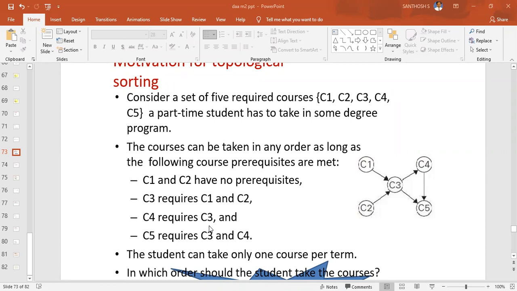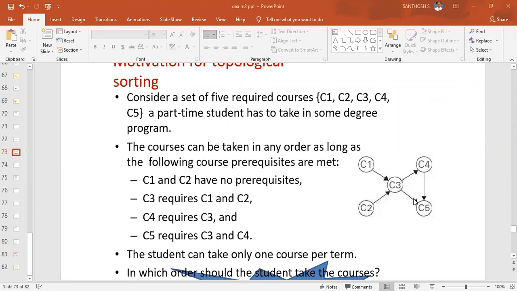Next, C4 requires C3. So keep in your mind, C4 requires C3, so an edge from C3 should be given for C4. Next, C5 requires C3 and C4.